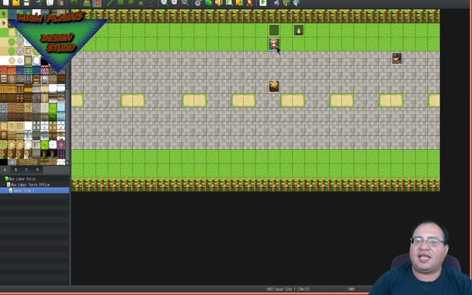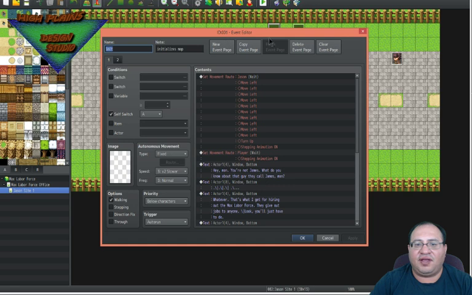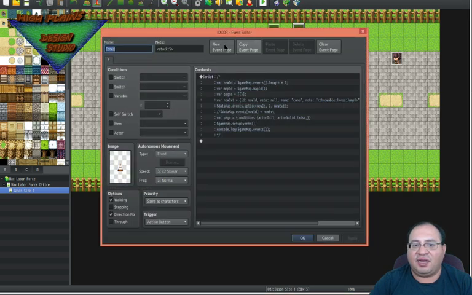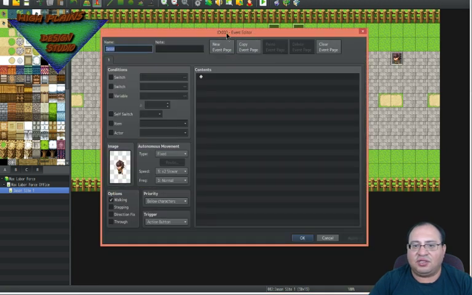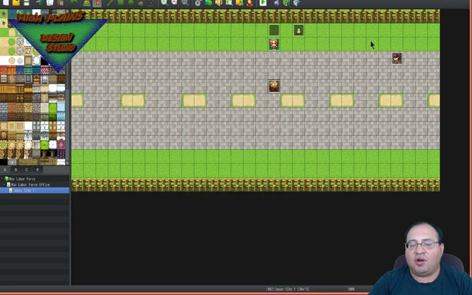This does not count as an event. This is the actual game player, so he's not an event. So you'll see event number 1, and it's the initialization event. And we got event number 3, and this guy is event number 2, the ID you see right there. And the rock is event number 4. So there are 4 events,